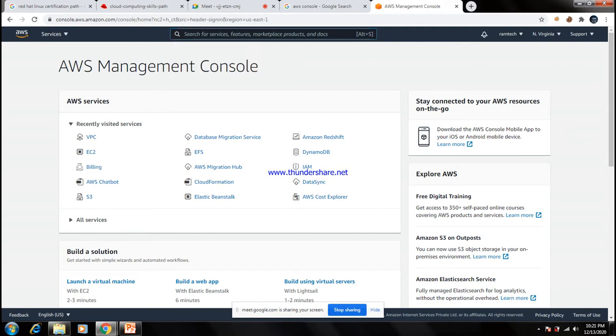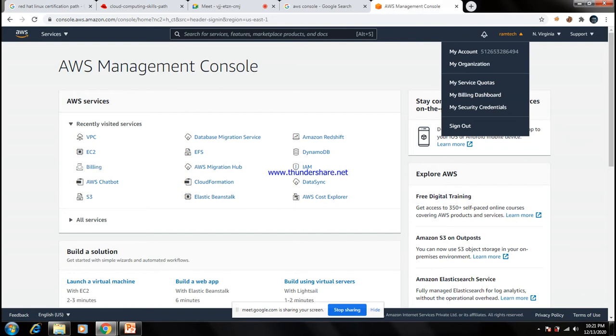So what do you want to do? Every time you open the Amazon management console, first go to this area. See, this is your account ID. The first one is my billing dashboard. My billing dashboard shows how much cost there will be.